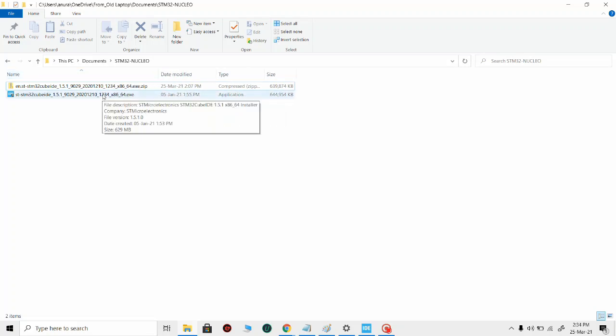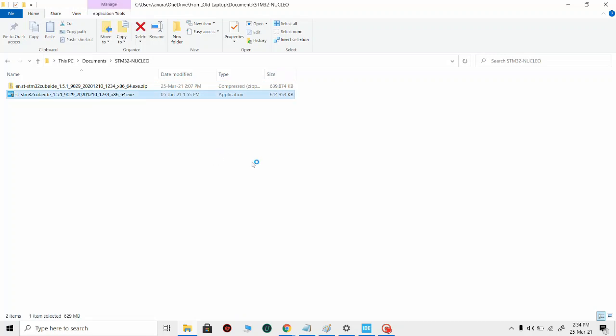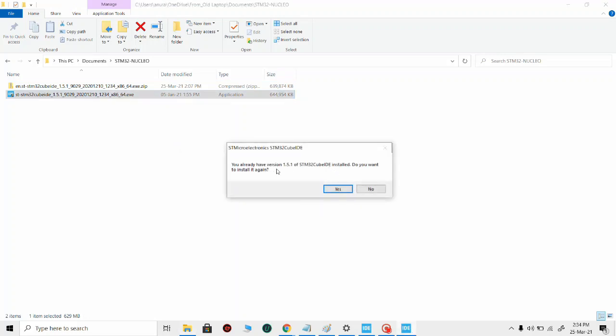When we double click it, we'll get a progress bar kind of installer. If you double click it, it will ask you to install it. Since I have already installed it, I will not go through that.